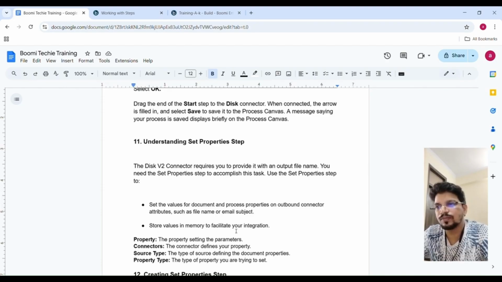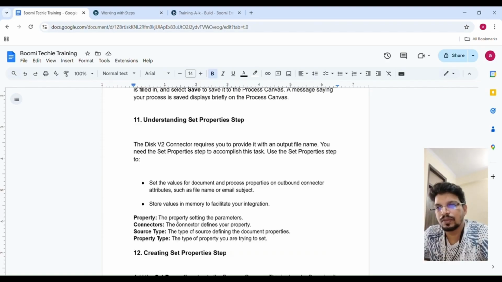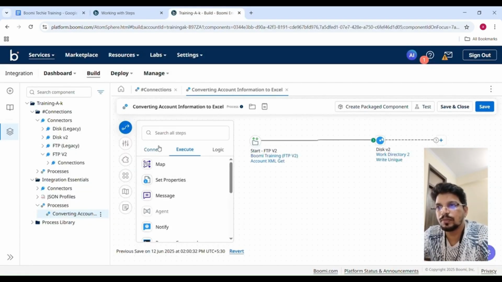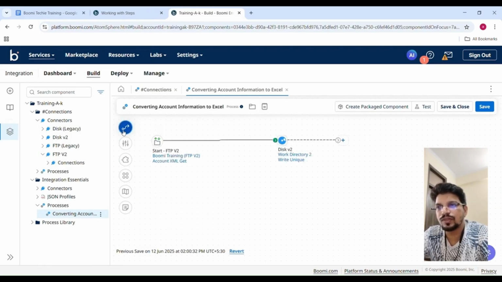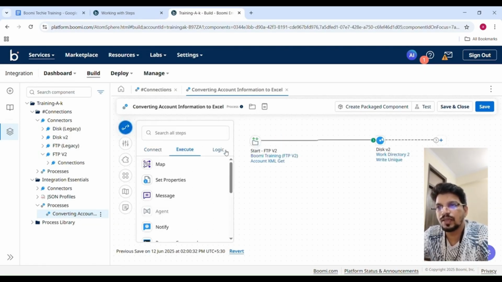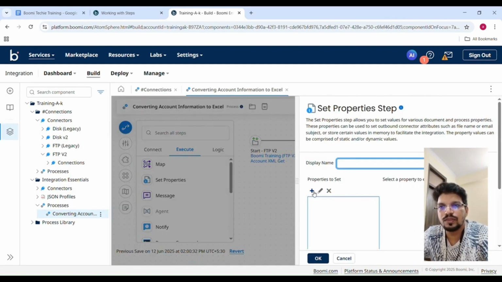सेकंड पॉइंट देखो, स्टोर द वैल्यू इन मेमोरी, फैसिलिटेट योर इंटीग्रेशन। और प्रॉपर्टी में देखो क्या होता है, द प्रॉपर्टी सेटिंग द पैरामीटर। जो पैरामीटर होता है किसी वेरिएबल का, वो पैरामीटर हमें सबसे पहले सेट करना होता है। फिर ये पैरामीटर कनेक्टर में यूज़ हो सकते हैं, किसी डॉक्यूमेंट में यूज़ हो सकते हैं। ये एग्ज़ीक्यूट टाइप का है, इस पर हम क्लिक करेंगे तो यहाँ पे हम देखेंगे कनेक्शन, एग्ज़ीक्यूट एंड लॉजिक। तो एग्ज़ीक्यूट टाइप में सेट प्रॉपर्टी आता है, इसको हम ड्रैग एंड ड्रॉप करेंगे।